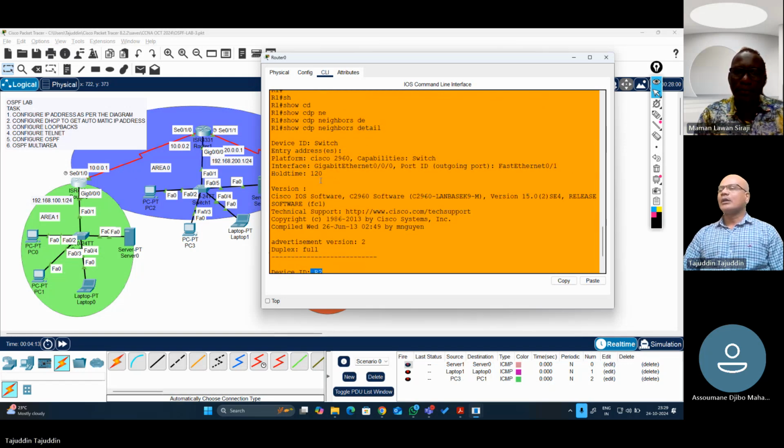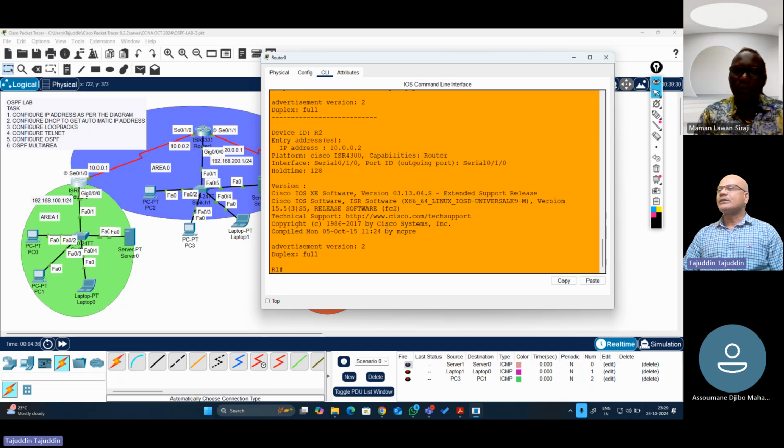So right now it is showing which router it is. It is a Cisco 2960. What kind of capability? It is a switch. Interface, it is connected on gigabit. Hold time is 120. Which operating system are we using? This is the operating system we are using, Cisco IOS software. So now if you want to see other details,